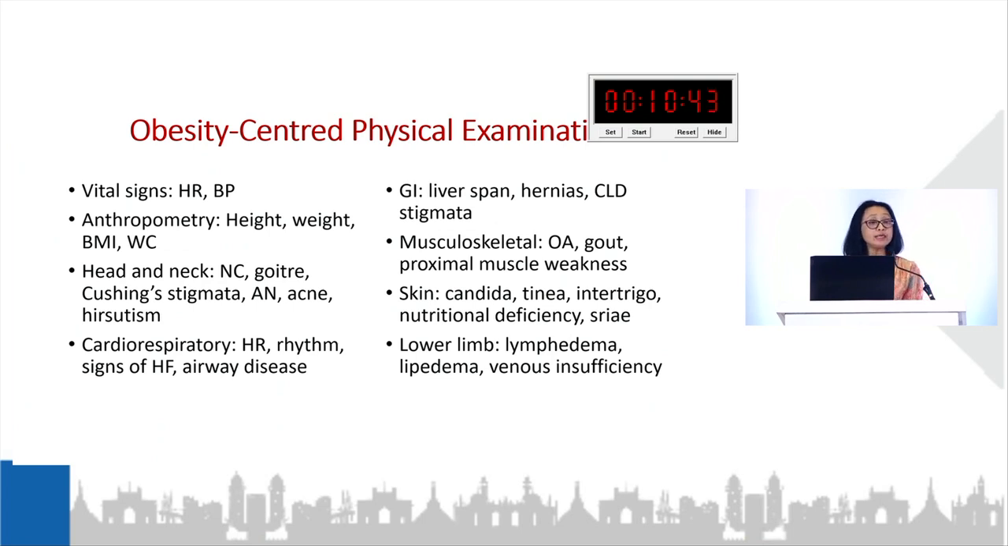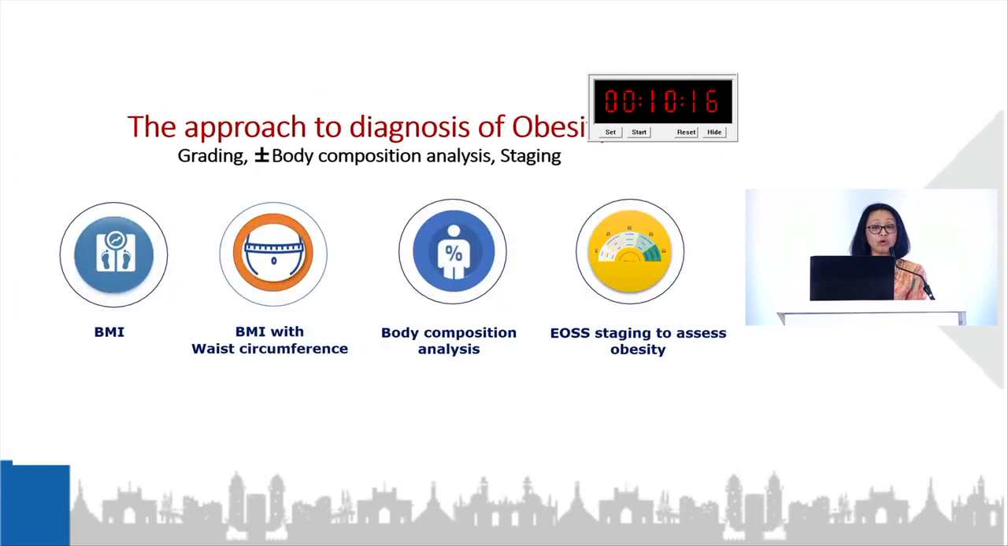The obesity-centered physical examination should have at least 2 anthropometric measures, that is the body mass index and the waist circumference, but we would examine the patient for all the important organ systems from head to toe, because obesity can be associated with so many complications of different organ systems, and identifying this will help us identify the severity of the involvement and thereby the stage of the disease which the patient is in. So when we diagnose obesity,